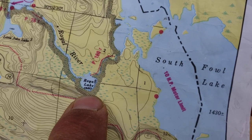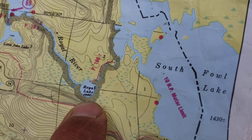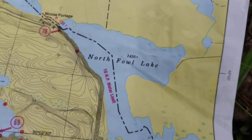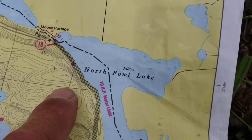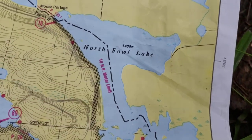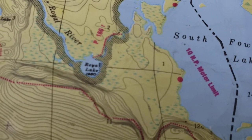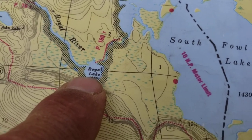Hey YouTube. Toby and I are up here on the far eastern edge of the BWCAW. You can see here the Fowls. This line here represents where the Boundary Waters goes. This is north, south, west, east, so anything west of here is in the Boundary Waters. You can see on the Fowls, the far western edge of the watershed is just touching the Boundary Waters. But Toby and I are right here, and you can see we just paddled through Royal Lake,